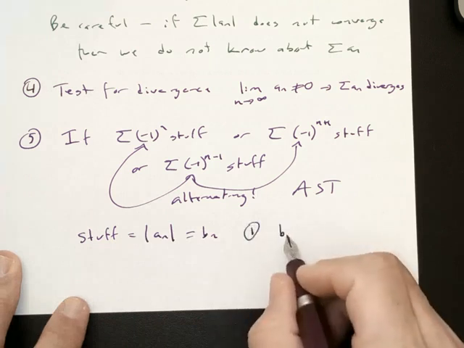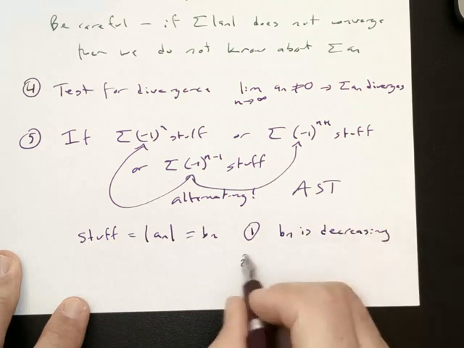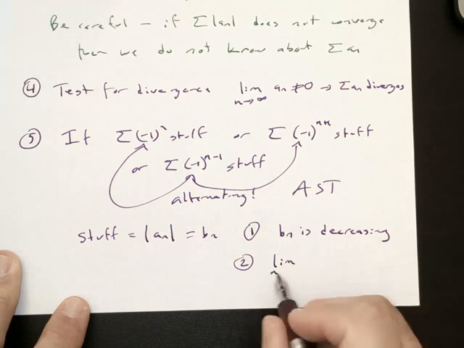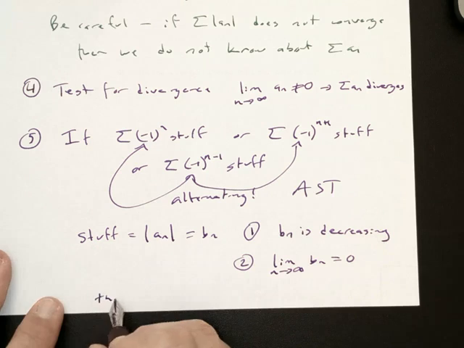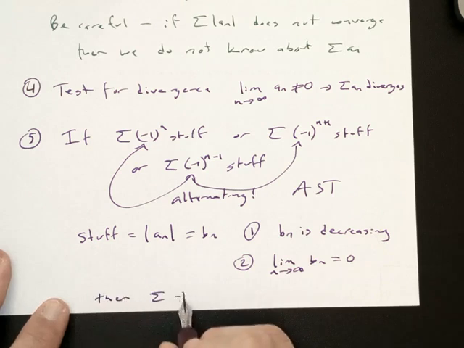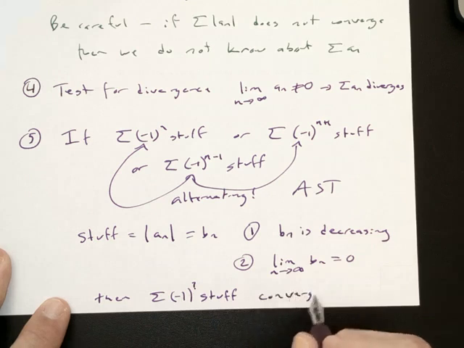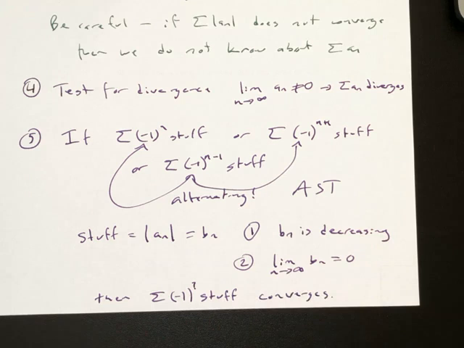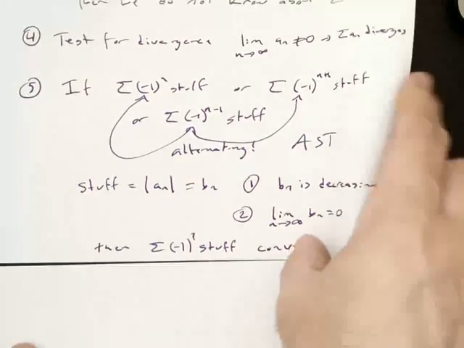then the two things I need to check are that the stuff is decreasing and the stuff has a limit of 0, and then the sum converges. And I wrote -1 to the question mark there because it doesn't matter which version it is, whether it's an n plus 1 or an n minus 1. If it's an alternating series,